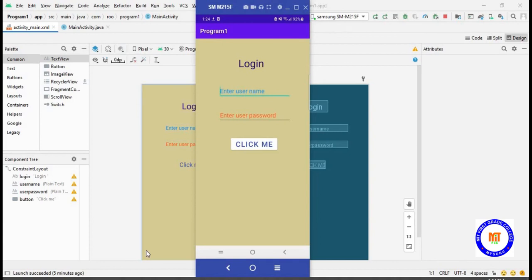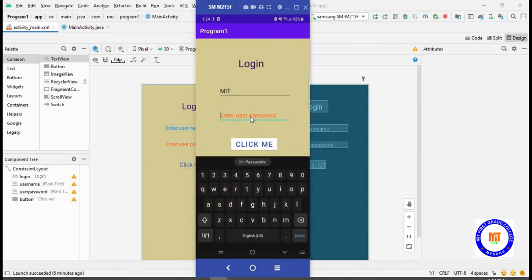Now our program is launched. Now we'll give the username and the password. I have given MIT and the password I gave as 111.